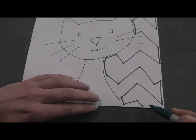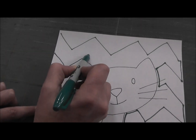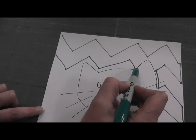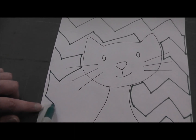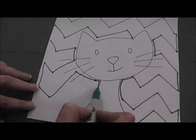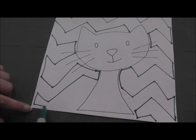So we did one side there, then I would go over to this side, and I would do some up downs, and I would probably stop there and tie off and then come over here to do the rest of the pattern. Let's see, I'm going to go down here,